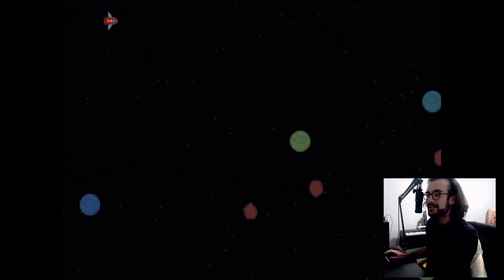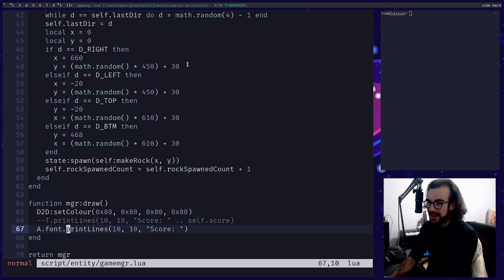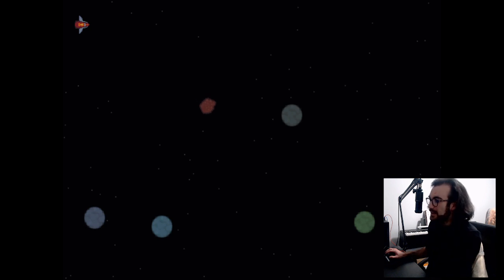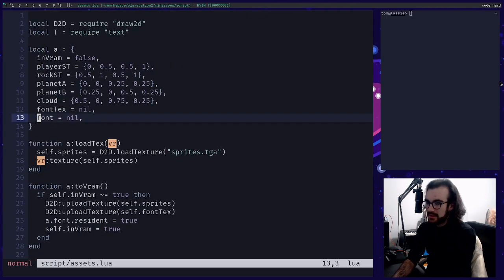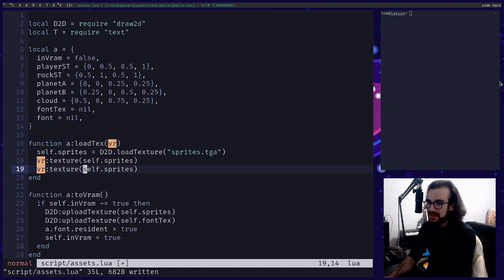I take everything back. This is not going to print something. Why does this not work? It probably doesn't work because this needs to be a method invocation, right? How about this? I feel like we're getting close. There we go. Okay, we've got some garbage up here. This is not quite right. So, self.sprites, because we're not actually doing the thing.